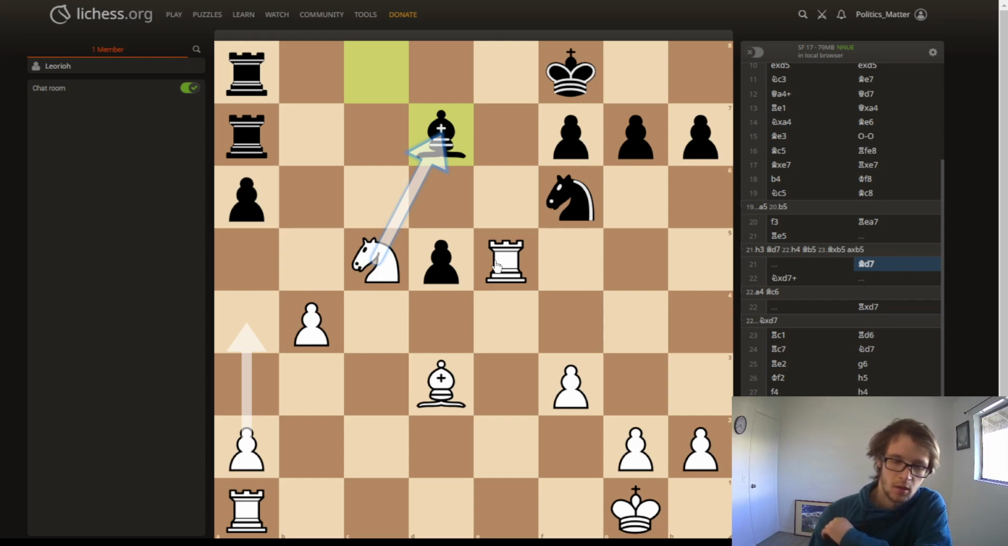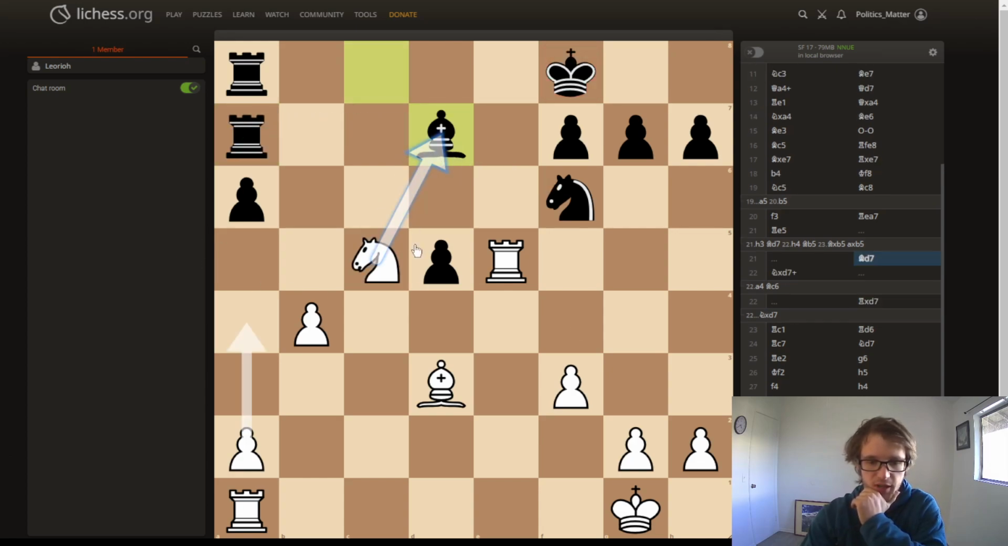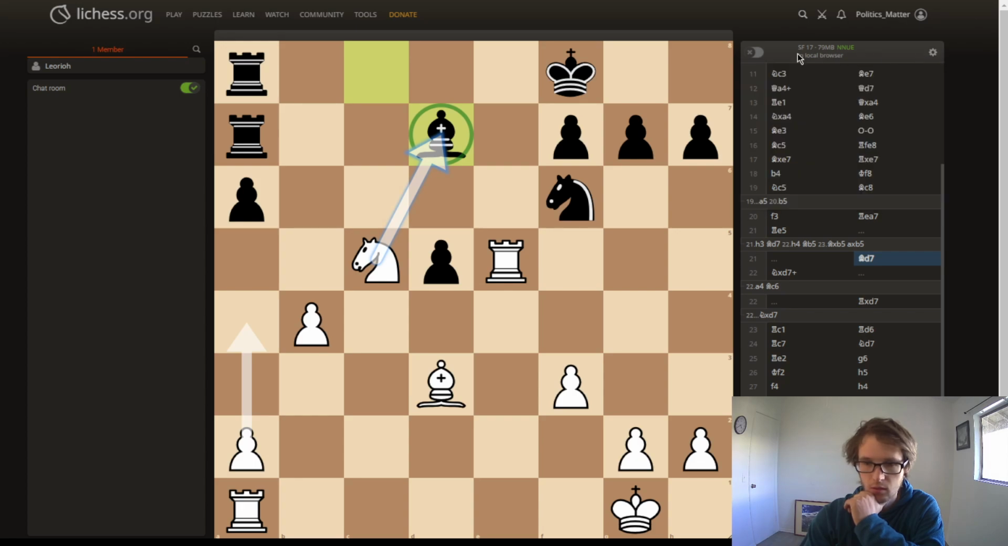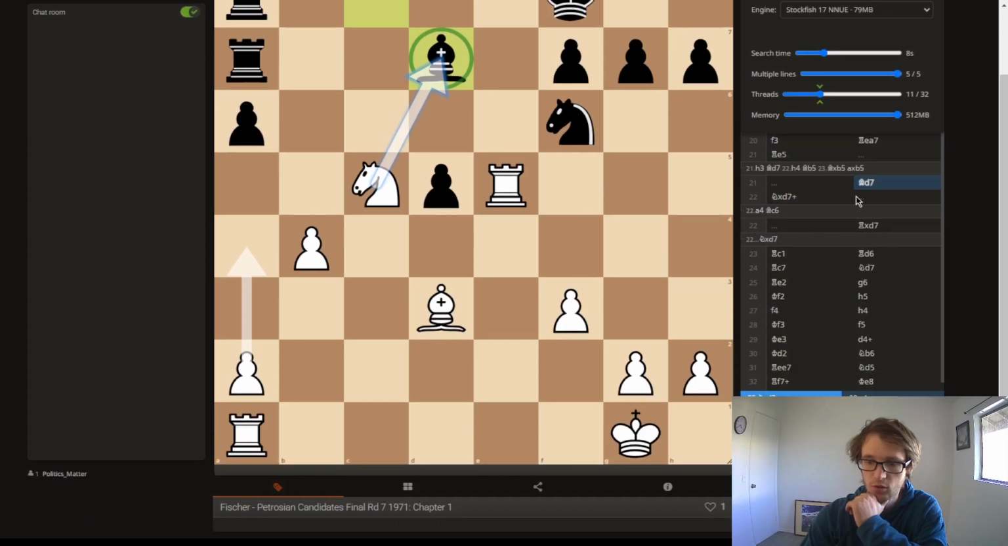So Fischer makes an unusual decision here. He takes the bishop. And this is unusual because this is such a good knight, and this is such a bad bishop. But this is an important decision because it shows,